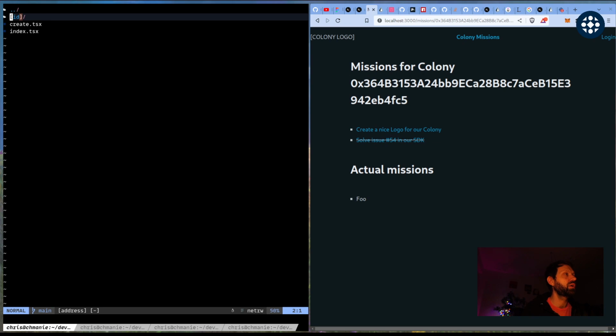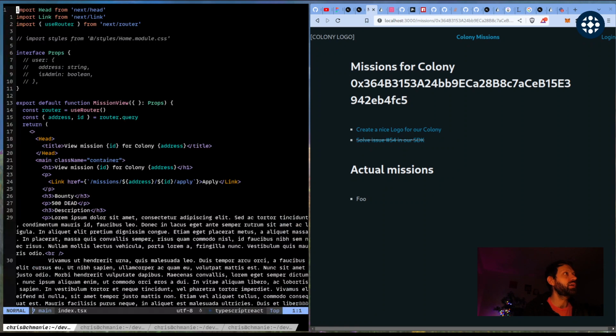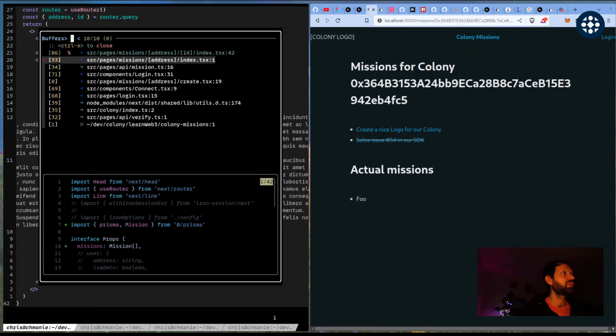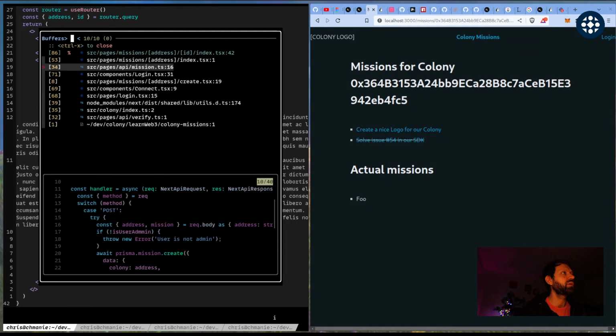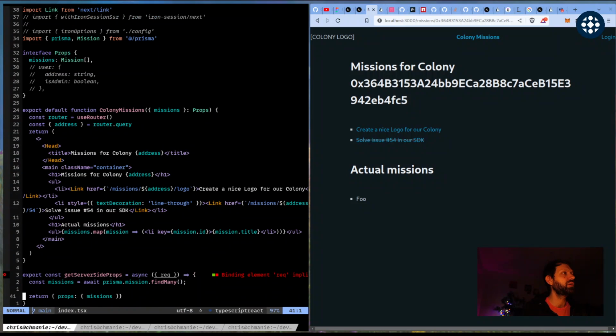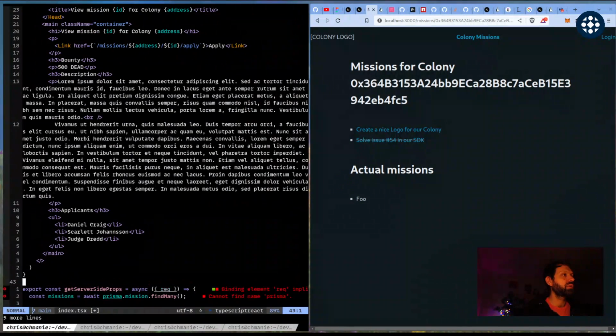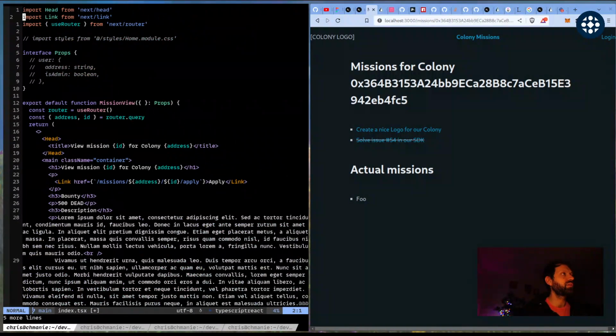No. ID index. And here we can do what we wanted to do earlier. No, actually, let's see. Here, get server-side props. And there we can say,